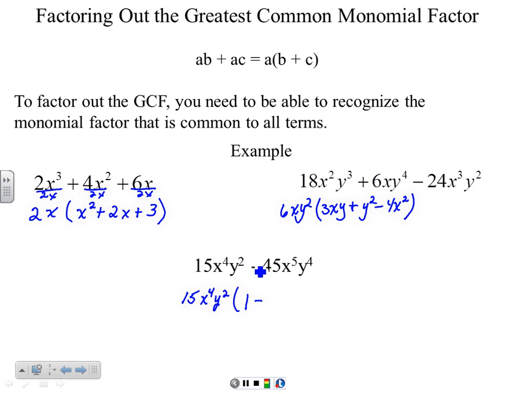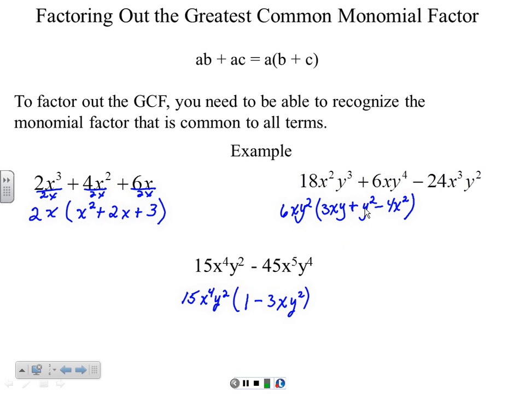So if I divide 45 by 15, I'm going to get 3. X to the fifth divided by x to the fourth is going to be x. And y to the fourth divided by y to the second is y to the second. Now, why is it that we had to write the 1 here, but we didn't have to write the 1's here? Well,